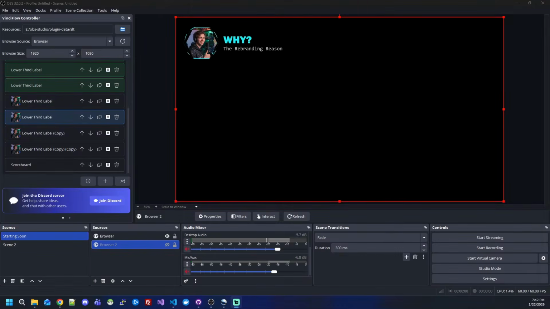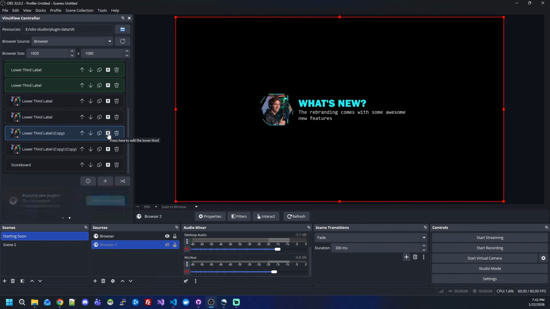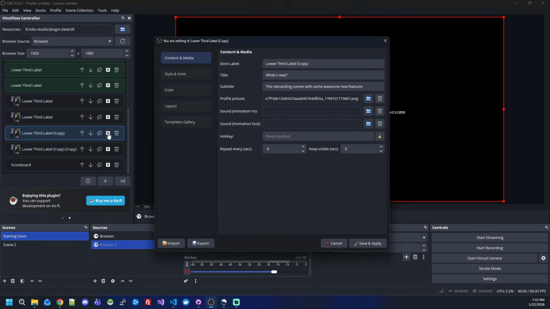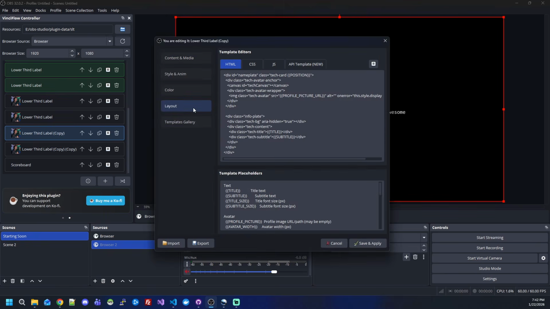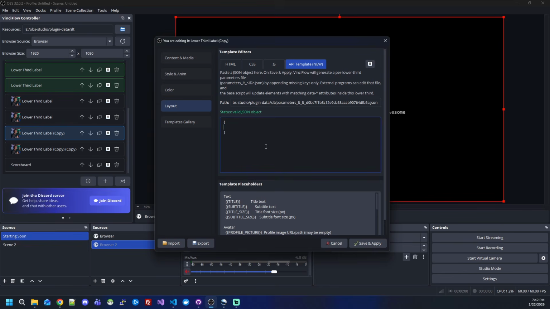Now it's time to show you what's new in this lower thirds plugin, VinciFlow. In the doc you won't see many changes because nothing changed, but now in the settings, if you go to layout, you will see a new tab here, which is basically API template. The API template allows you to create parameters using JSON, and whatever you name your parameters, as in